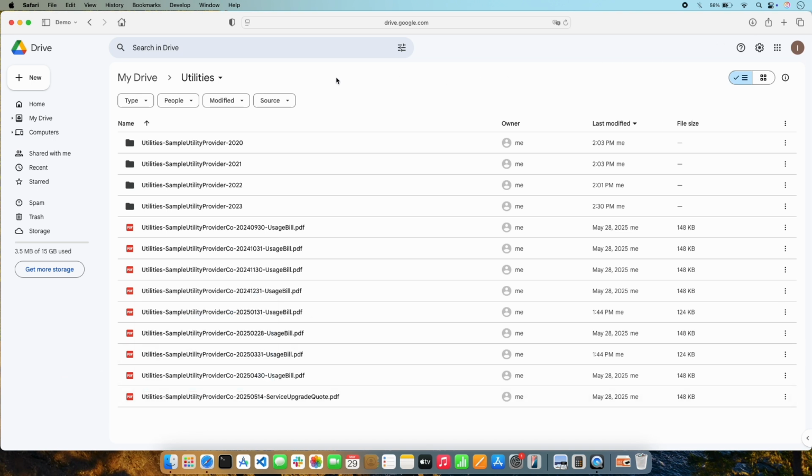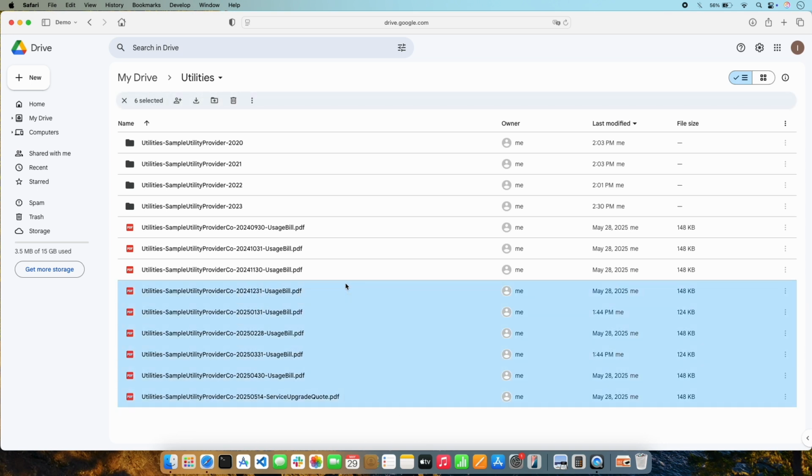Here's another tip. It is possible to choose more than one file for download. In fact, multiple files can be downloaded at the same time, saving time if you have many files to download. If you're interested in more information on how to download multiple files from Google Drive, or how to download a folder, I've made specific videos on both topics, available on the screen now and linked in the description.